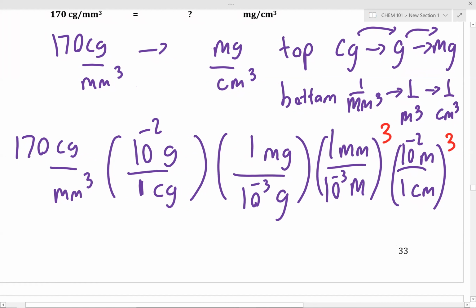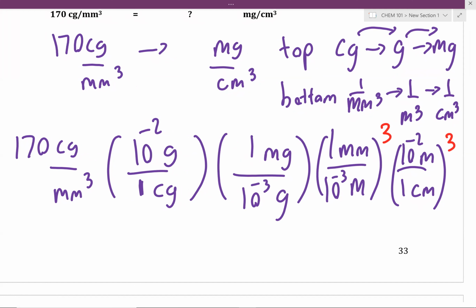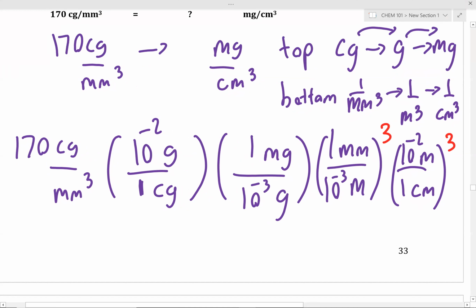Okay, now we're ready to punch this into our calculator. I'd like you to take about 1 to 2 minutes to try entering this into your calculator on your own. On the exams, you won't always have me to enter things into the calculator, so I want to make sure you're comfortable doing this on your own. So take about a minute to a minute and a half, punch this into your calculator, and then we'll discuss in a moment. Yes? Is it okay if I did it like this? Yes, that's fine. That's fine.